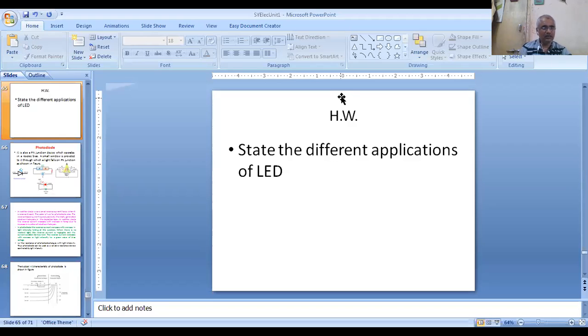For example, light emitting diodes are used in a CD player, in TV, in computers, and in your mobile chargers, in order to show the charging condition, the on-off condition, or the standby mode in the TV. These light emitting diodes are also used in 7-segment displays, because these 7-segment displays are used in advertising boards or in digital clocks. These 7-segment displays are made up of light emitting diodes.